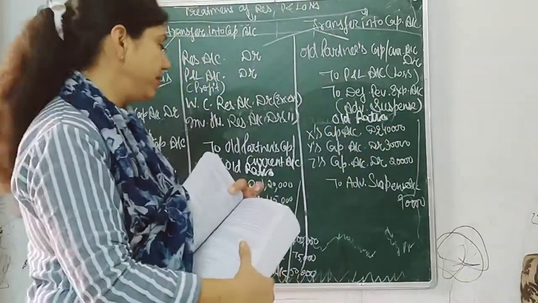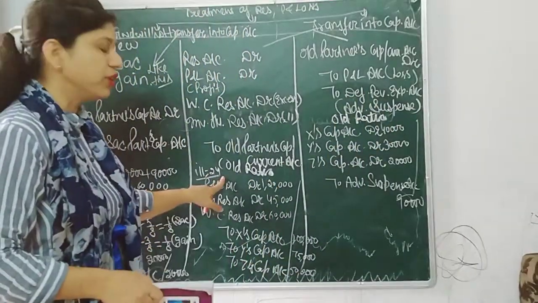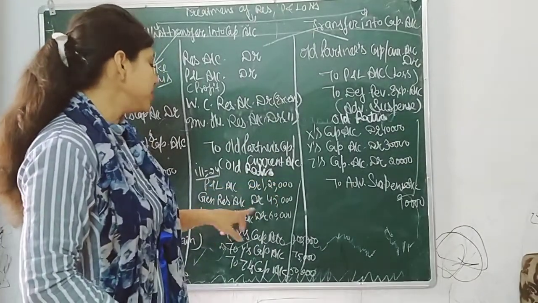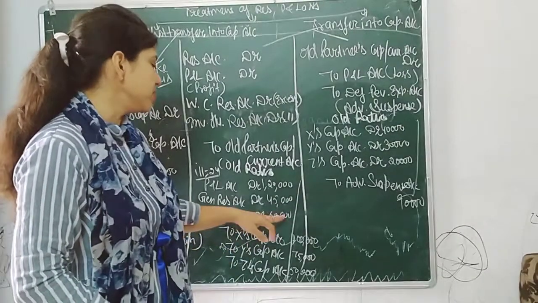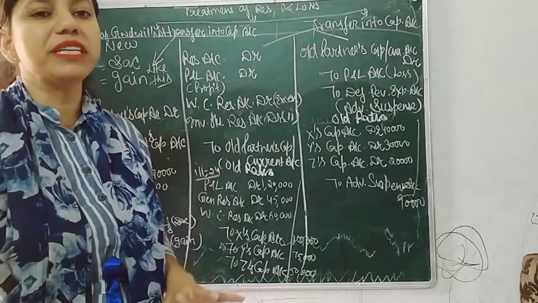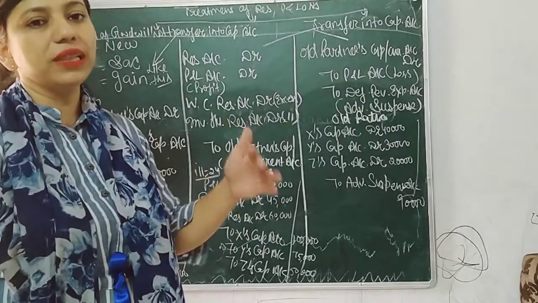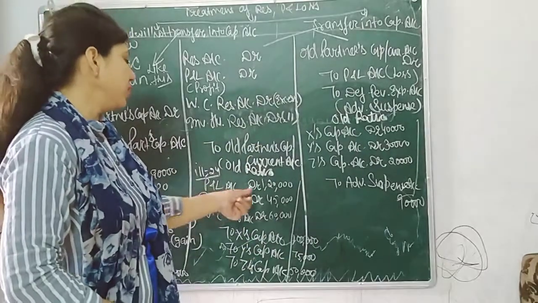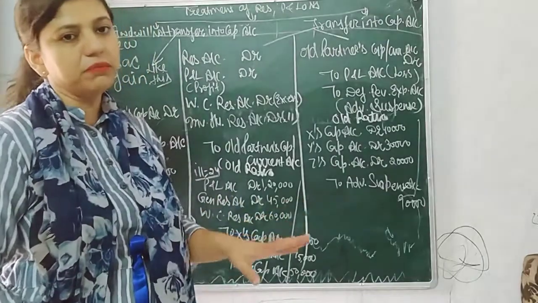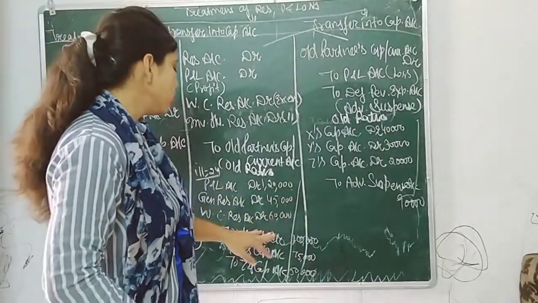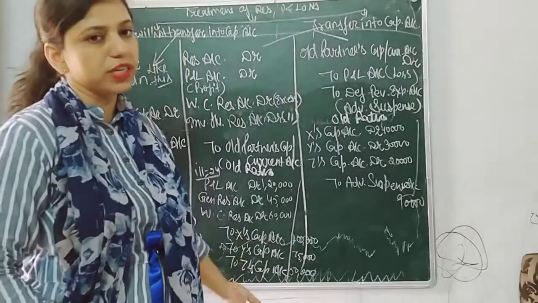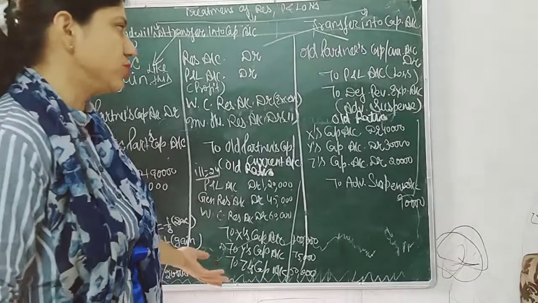Now we have an example, illustration number 24. In this question, P&L is given as 120, general reserve 45, workman compensation reserve 60. P&L is clearly credited, so now we want to remove it. That's why all these things will be debited: P&L account debit, general reserve account debit, workman compensation reserve account debit. There is no claim, so it is completely transferred to X's capital account, Y's capital account and Z's capital account in their old ratio 4:3:2, which is given in the question.